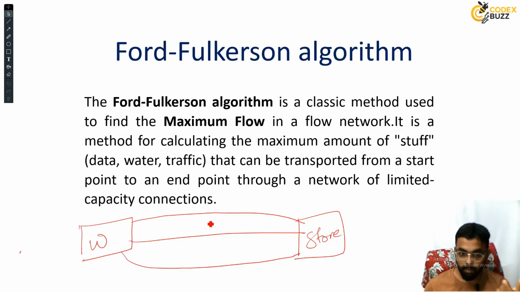At the same time each road, each path को ना एक different capacity होता है. Like road 1 can handle 5 trucks at a time, while the second road can handle 3 trucks at a time, while the third road can handle only 1 truck at a time, because of the capacities वो road के capacities different है. So to calculate the total amount of trucks that can move from starting point to an end point across a network of connected paths, we use Ford-Fulkerson algorithm. So let me explain it with the help of an example.